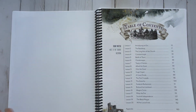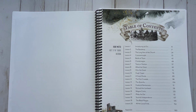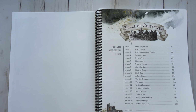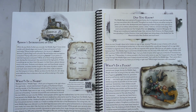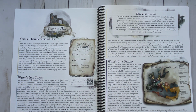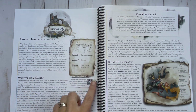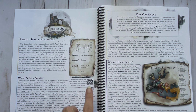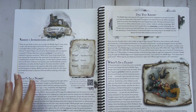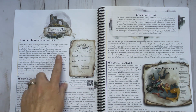And now we're going to look at the table of contents. I'll just give you a little quick glance of what is offered in this unit. And there's also the appendix that you will want to check out. So we're going to take a look at a couple of the lessons, not all of them, but a couple of them. We'll start with lesson 1. This does say you're invited to the Middle Ages in Europe, and it gives you a date. If you're not sure how to pronounce, you can use the QR code and go to the pronunciation guide, which is super helpful. So lesson 1 is just an introduction to the era, and you're going to have your bold